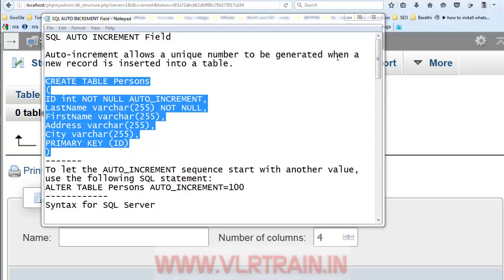In this video, I am going to discuss the auto increment field. Auto increment allows a unique number to be generated when a new record is inserted into a table. Generally, this is used for the primary key. If you are not entering the ID value, at that time the ID is auto incremented by 1. To let the auto increment sequence start with another value, use the following SQL statement: AUTO_INCREMENT equals